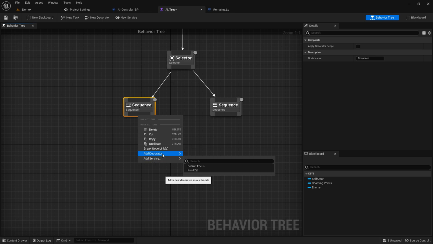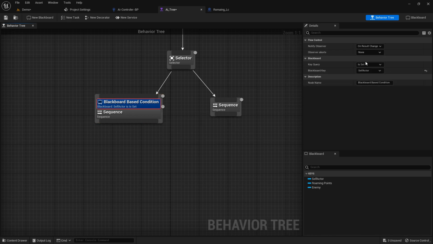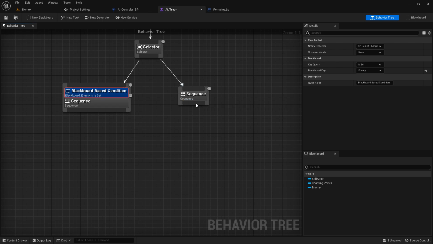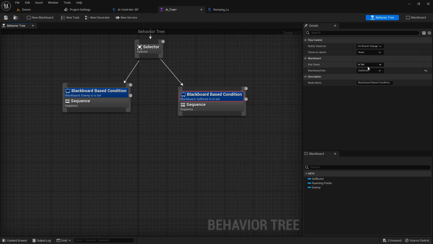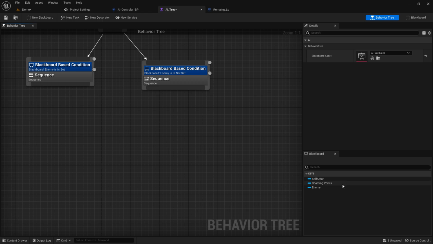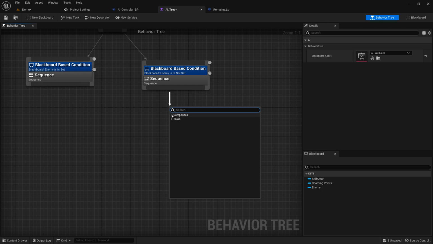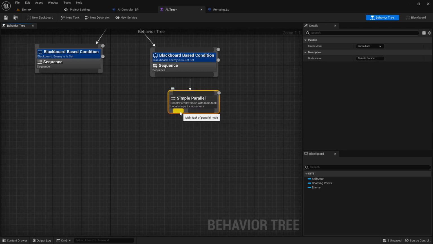If he's seeing us, at that time he will try to chase us. For the chasing, it is set and will give our enemy data, and for this one if it's not set, we will use a decorator. The decorator will say that the enemy is not set. For that situation, it will find random points or roaming points and go visit there. So for creating the visiting system we will use the simple parallel, and for this one we